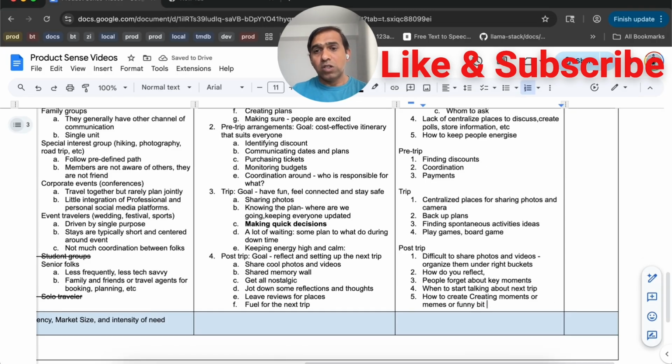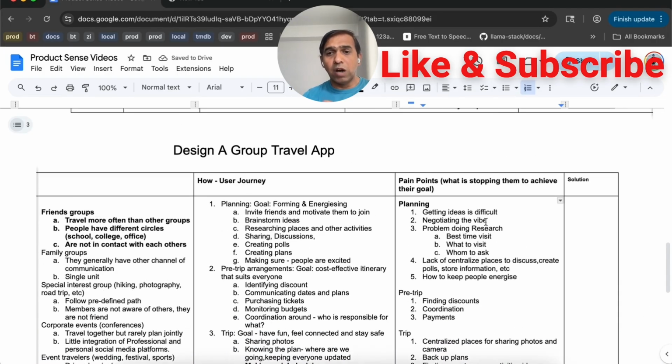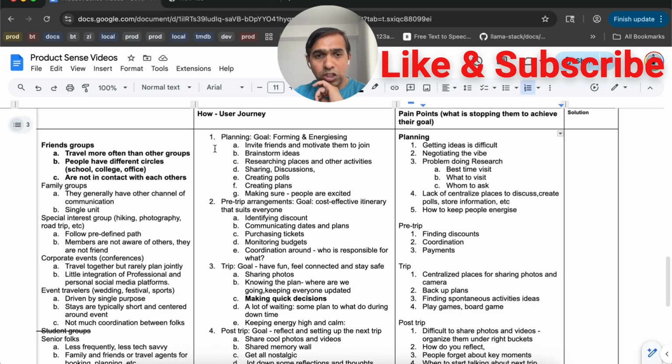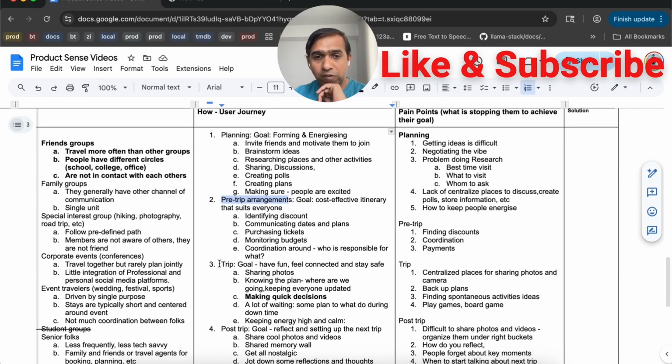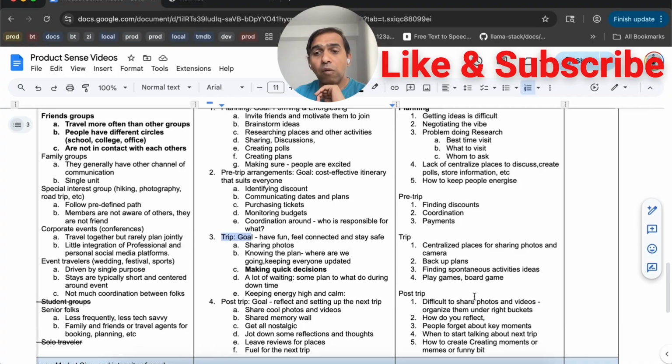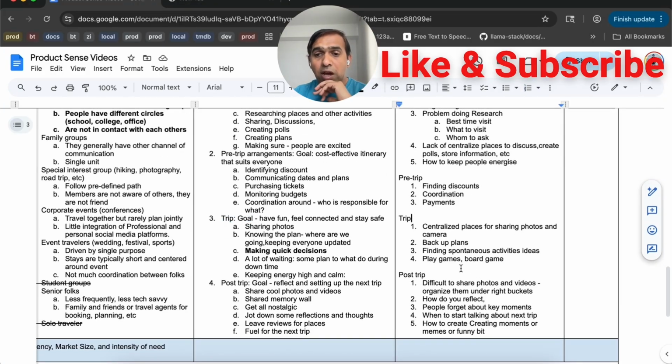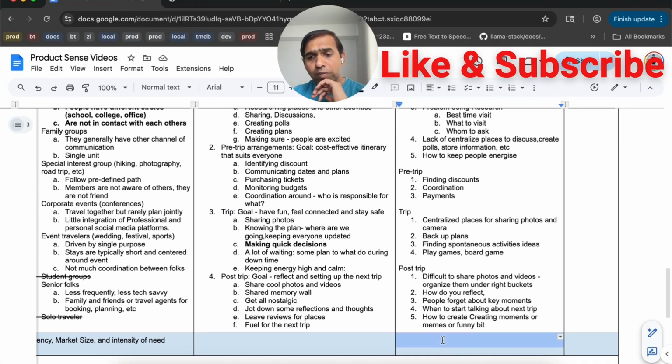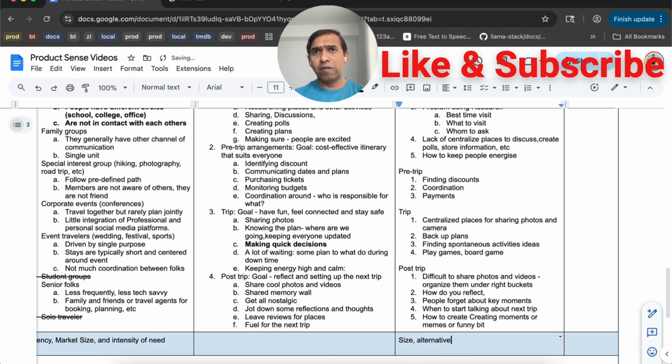So you can see that we covered quite a list. We went through each of the stages of our user journey, and then tried to figure out what can go wrong, or the frictions that can affect our goal. On the criteria side, I would say size, alternatives, frequency. You can come up with other criteria. It is fine as long as you can defend it.